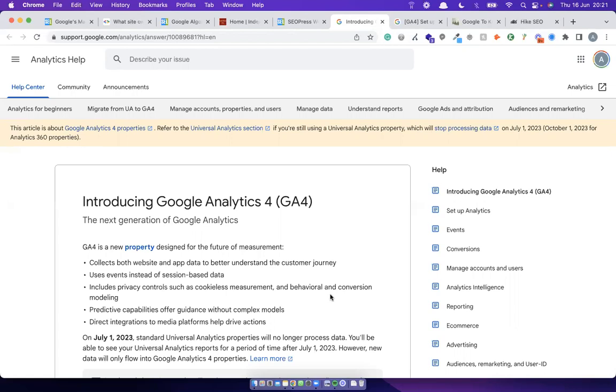So not this July coming up, July 2023. They're going to deprecate Google Analytics 3. But what that means is you're going to lose all of that data. So think about that. From July next year, if you set up GA4 now, it'll be collecting a year's worth